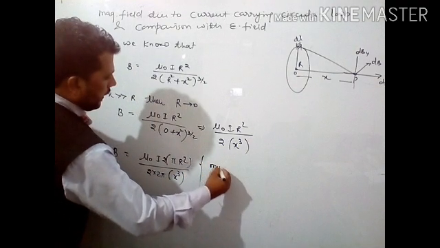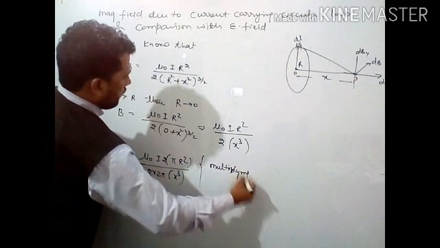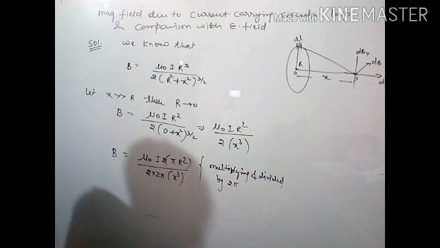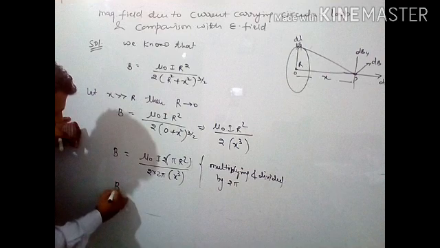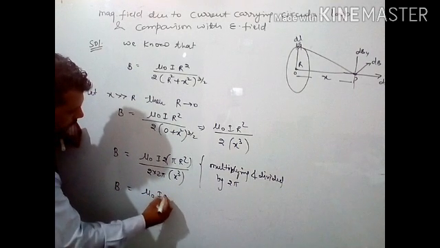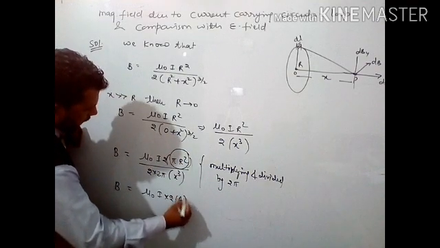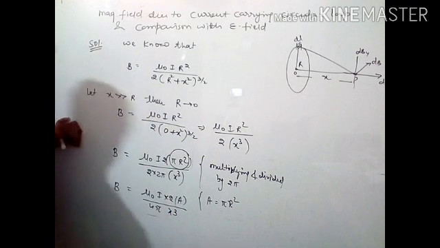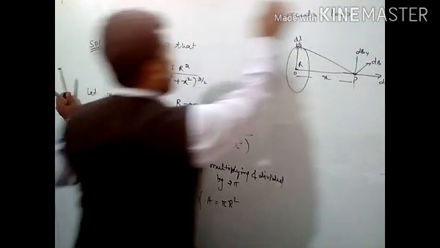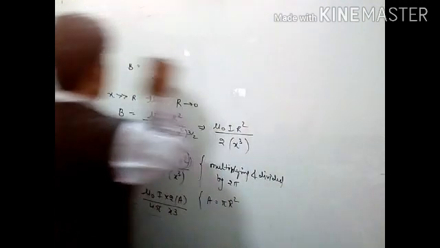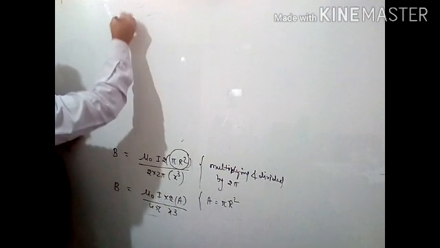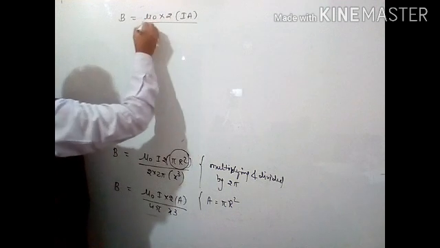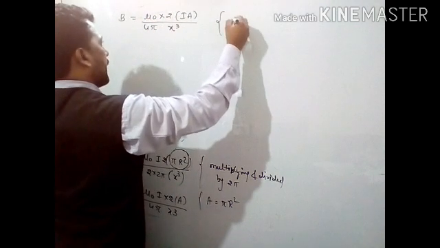Here multiplying and dividing by 2 pi, we multiplied and divided by 2 pi, so this formula will come: B equals mu naught I into 2, and this becomes the area A, this is pi r square upon 4 pi x cube. And you know that B is equal to mu naught into 2 I A by 4 pi x cube,